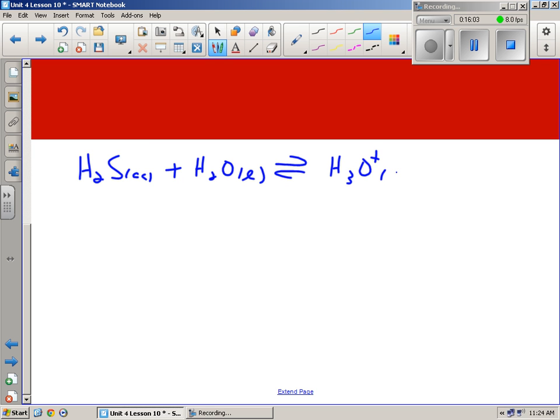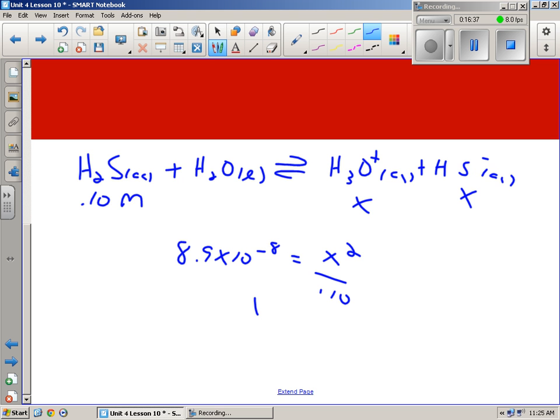H3O plus, because it's an acid, and HS minus, the conjugate base. All right? It was 0.10 molar, is that correct? This will be X, this will be X. I'm going to look up the Ka value for H2S, hydrosulfuric acid, where is it here? 8.9 times 10 to the minus 8 equals X squared over 0.10. X equals,